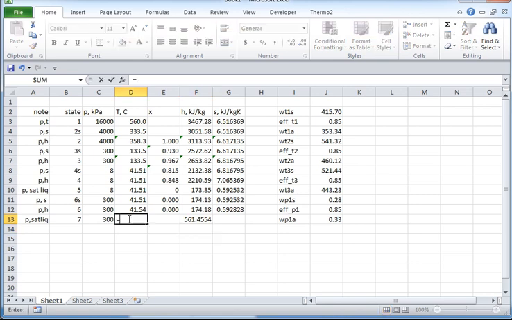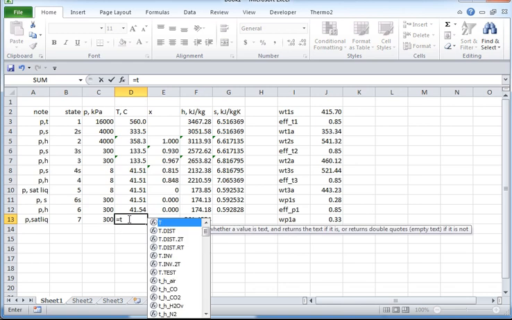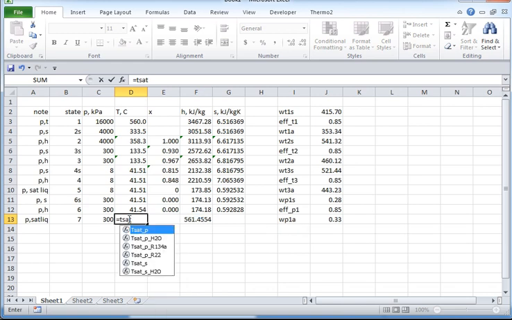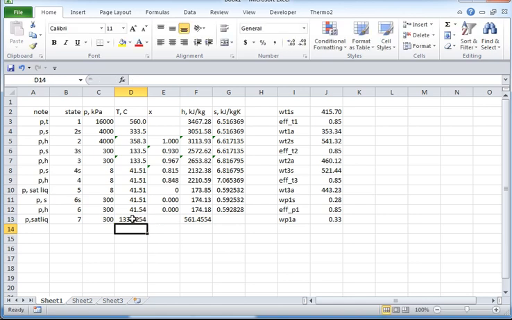What about the temperature? Temperature, saturated, as a function of pressure for water. There's the pressure. True? That's too many digits. There. So from state 6 to state 7, it was heated up from 41 to 133 degrees C, going through